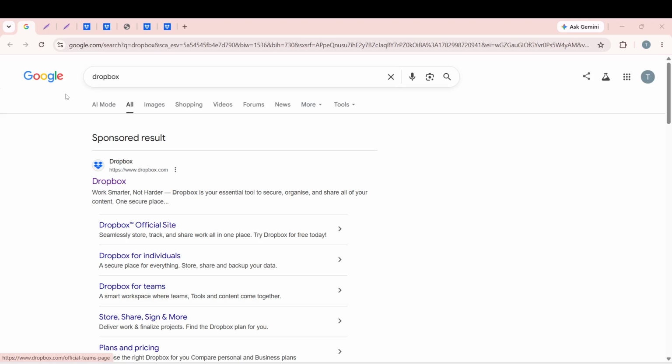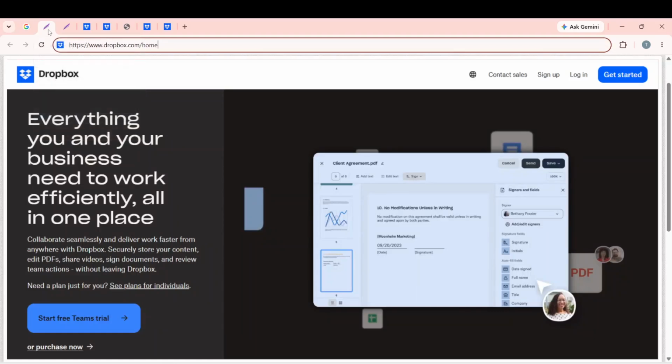Next, click on the correct link from the search results. Look for the official Dropbox site, which will typically be at the top of the list. It should look like www.dropbox.com. Clicking the right link is important as it ensures that you'll be directed to the right page without any hassle. Once you click the link, you will be brought to the Dropbox homepage where you can log into your